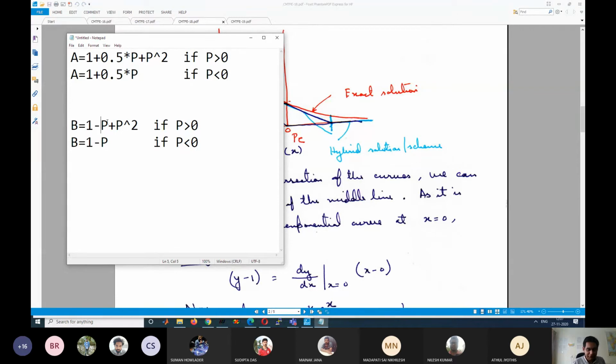I have written something arbitrary, because they have to be related with B minus A equal to P also. Both the relations have to be satisfied. So in that case, now it is correct? B minus, no, this should be